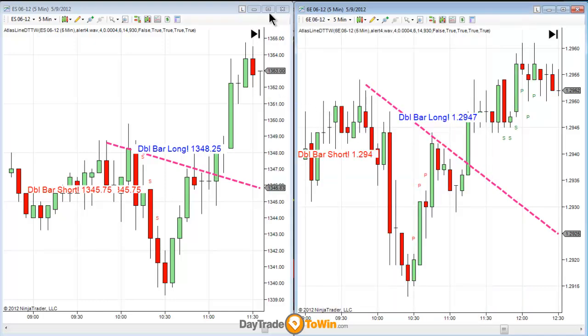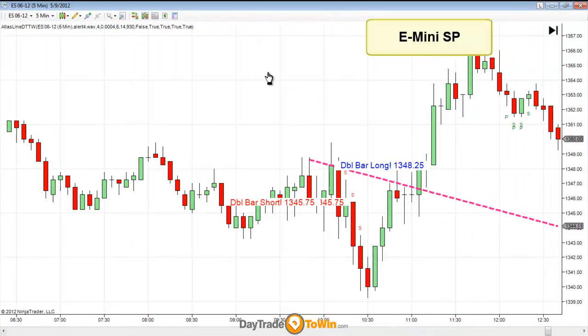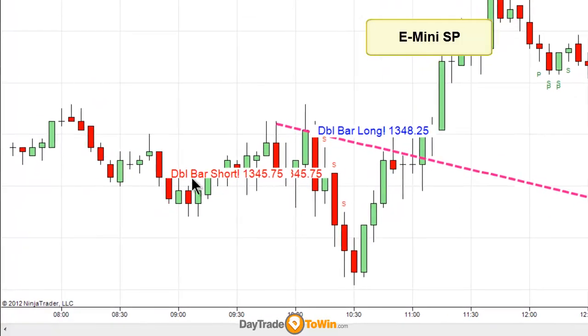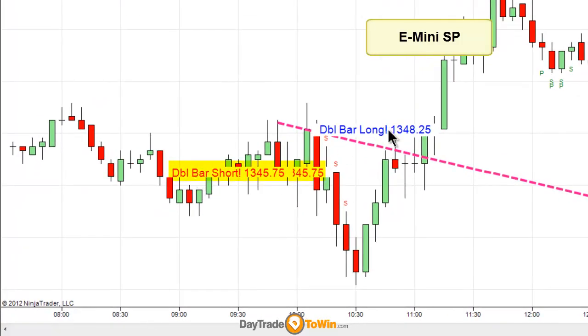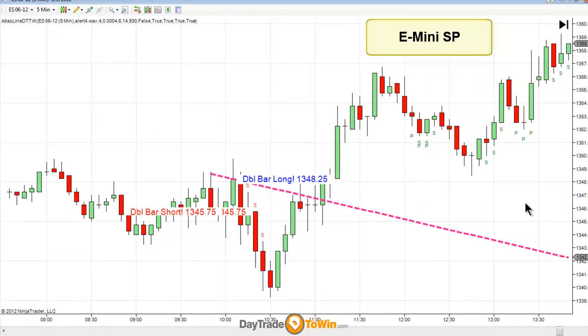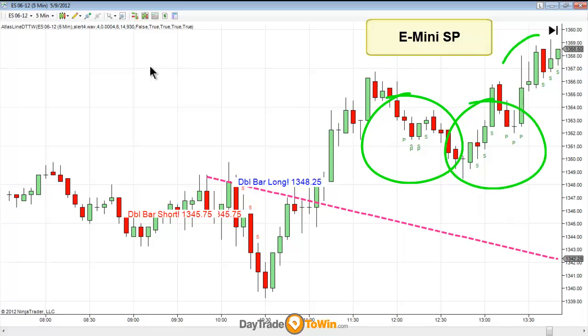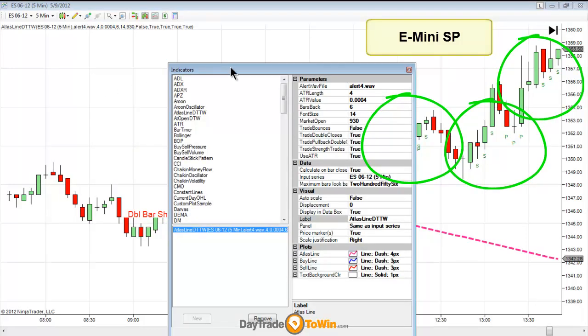Let's take, for example, the E-mini S&P. On the E-mini S&P, we have here a short order, a long order, we have more shorts here, these are strength trades, and we have some pullback and strength trades here, as you can see. This is all customizable by